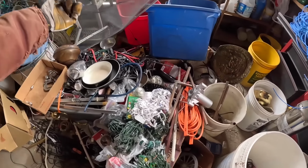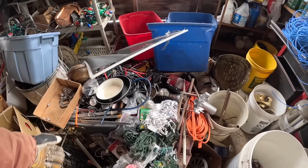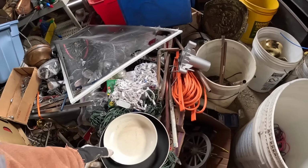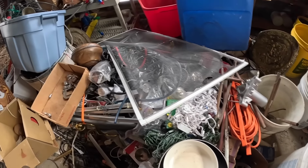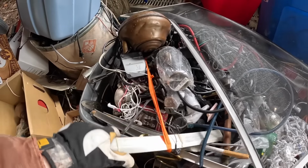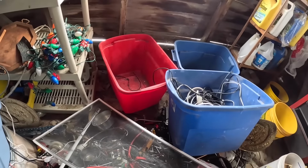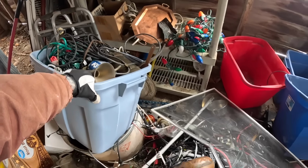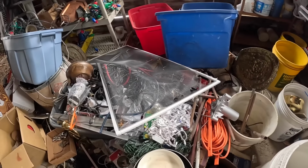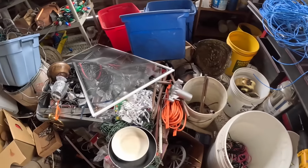But I still have plenty of stuff to go through here. I think what I'll do is bring clean aluminum and maybe fill up this bucket with some wire, because this whole thing down here is all wire. This is all wire, and that's all wire, and it needs to be processed, but once this is full, I then don't want to do any more work. So I'll fill this up, make a little bit of money,